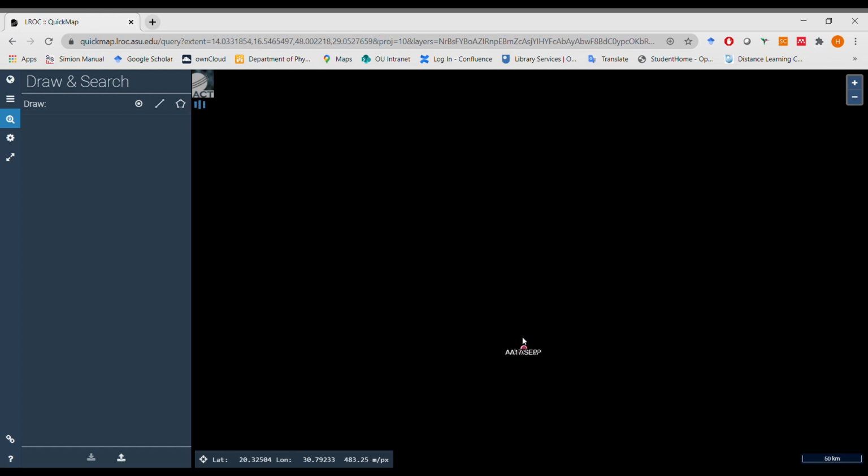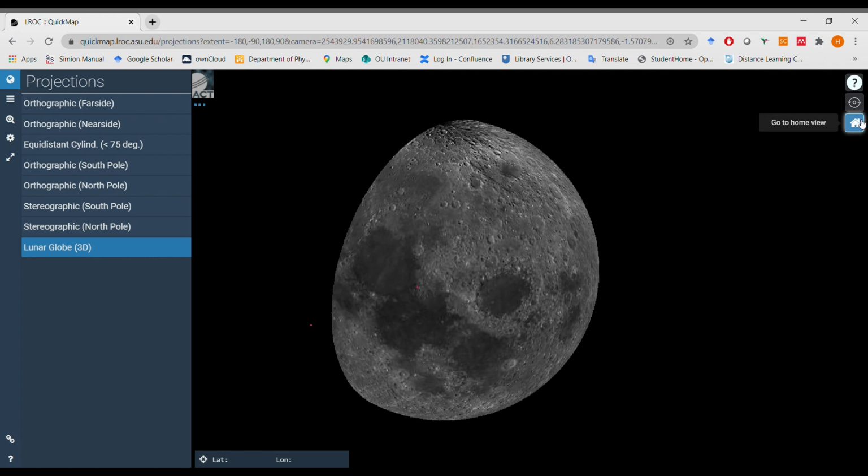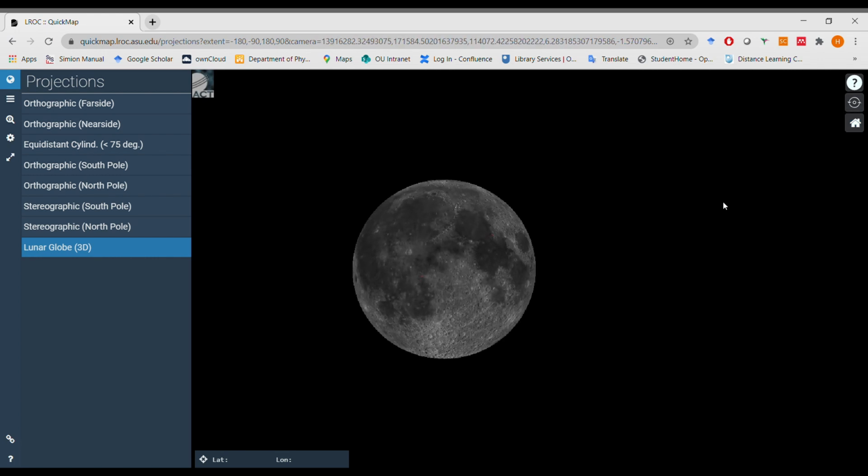So some of you might be aware that very recently, let's go back to the 3D view. So very recently there was a Chinese mission to the moon, and this will be only the third country to get samples from the moon and bring them home again. So this is going to be a robotic mission. It's the Chang'e 5 mission. And it's heading to a northwest region of the moon, somewhere up here, and they're going to be collecting samples